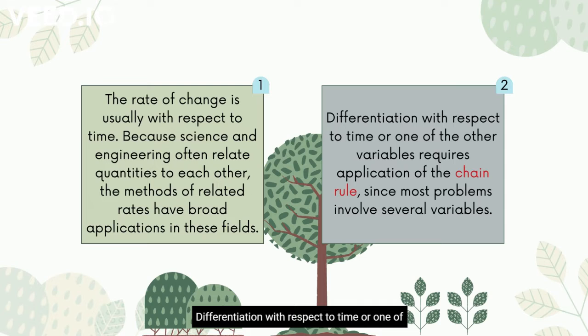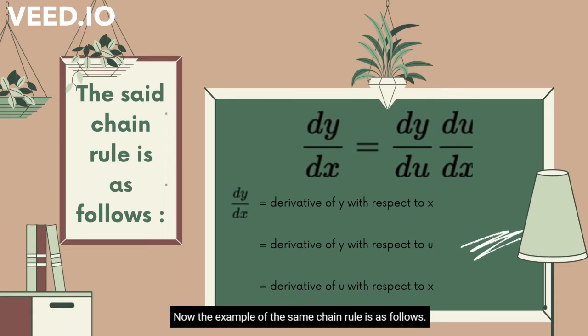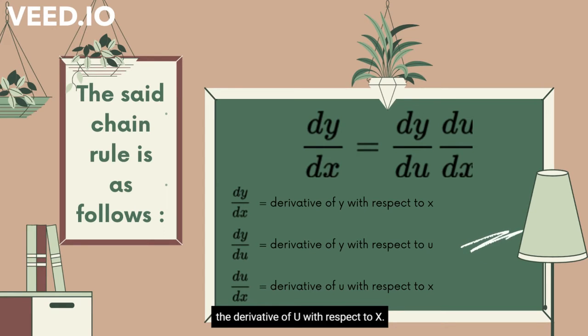Differentiation with respect to time or one of the other variables requires application of the chain rule, since most problems involve several variables. Now, the example of the said chain rule is as follows, where dy over dx equals dy over du times du over dx, where dy over dx is the derivative of y with respect to x, dy over du is the derivative of y with respect to u, and du over dx is the derivative of u with respect